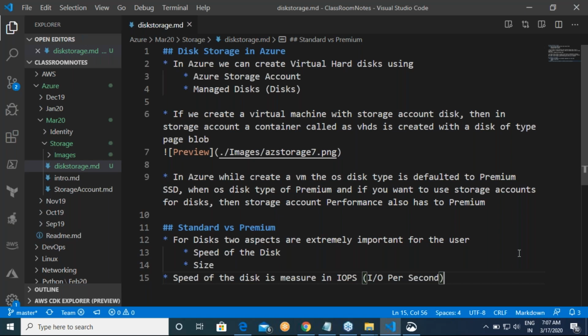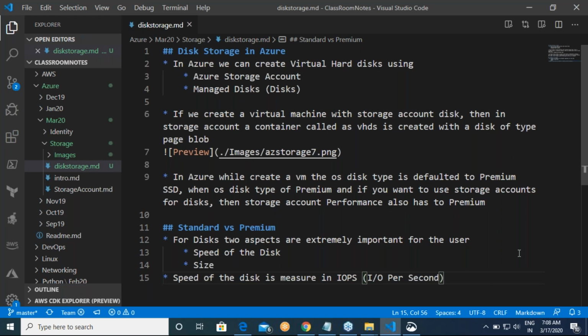So whenever you look at performance, we have a standard and then we have a premium storage. For premium storage, you will have more IOPS. For the premium disk, you will generally have more speed options.